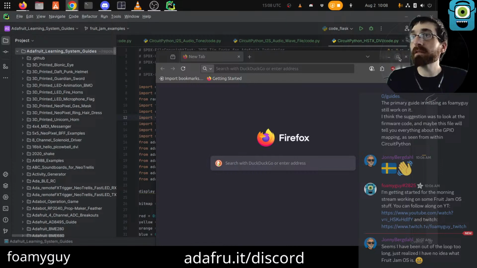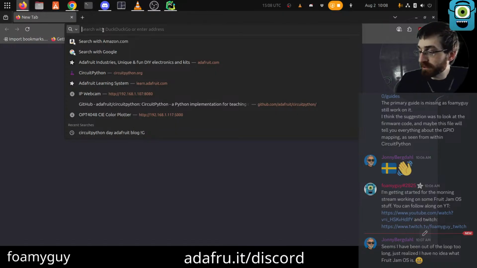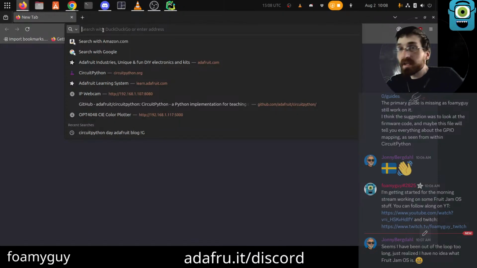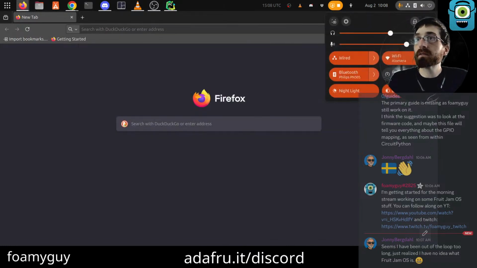I can give you the quick rundown before we even dive into it, though. It's basically an operating system, a very small, self-contained operating system that runs on Fruit Jam. It's got a launcher and an editor, and it allows you to launch into other programs and games and things on the Fruit Jam. So it's kind of like a desktop environment, essentially, for the Fruit Jam. A very basic one, and then also an editor that lets you edit code files on the device.